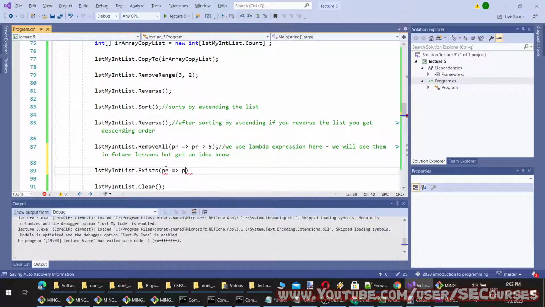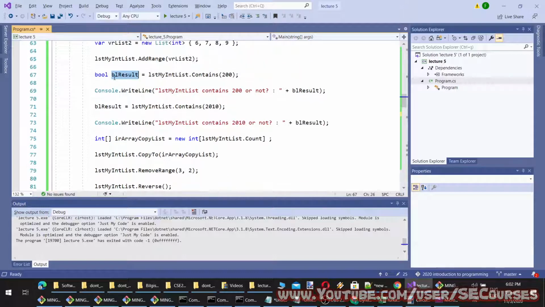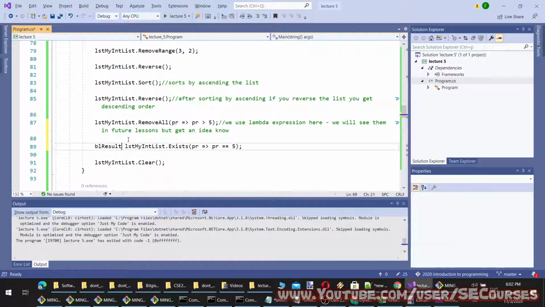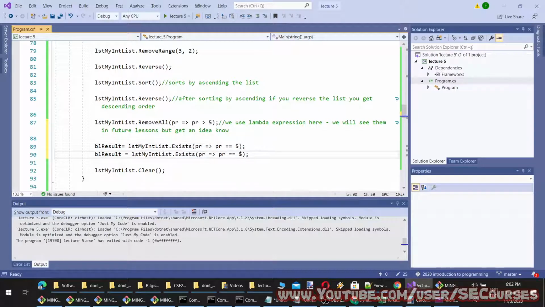Okay, so this will return true. I will use the boolean here, and this will return false, because my predicate is equal, which means if a parameter is equal to 5, any parameter inside this list, it will return true.